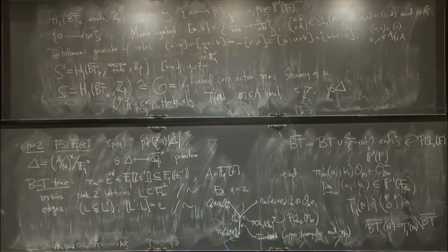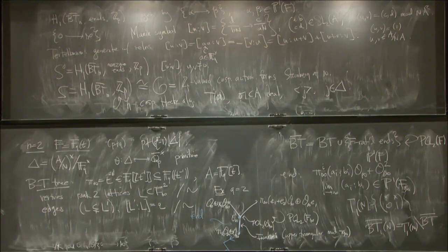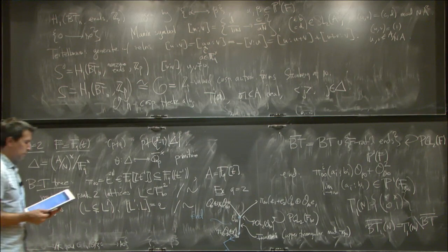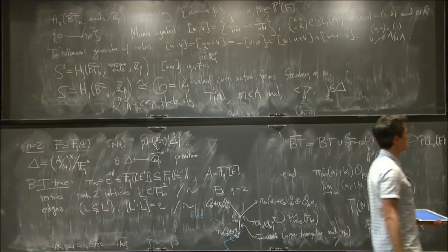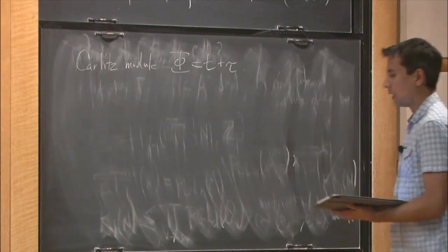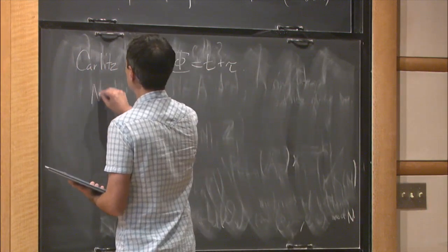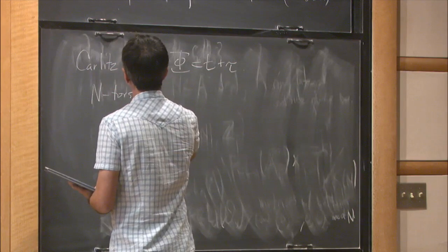So there we have the Carlitz module, which is just the rank 1 Drinfeld module T plus tau. And somehow, the n-torsion points of this module are the analog of 1 minus cyclotomic units in abelian extensions of Q. So the n-torsion points of this thing,